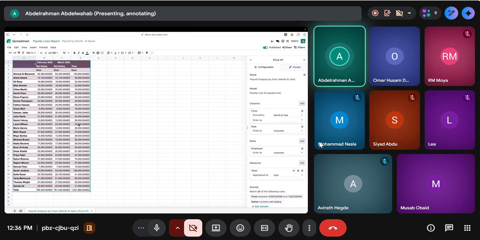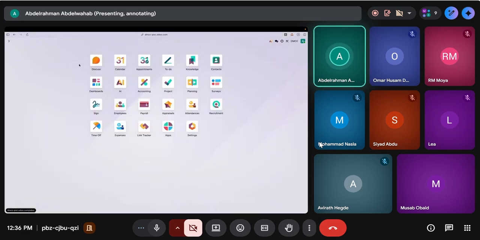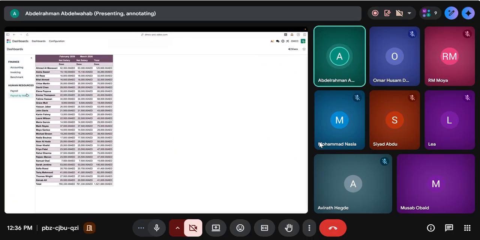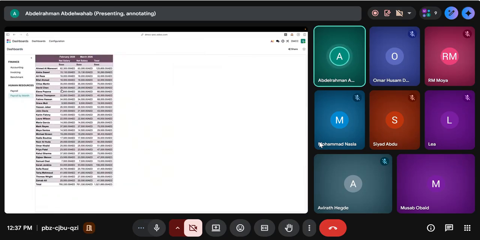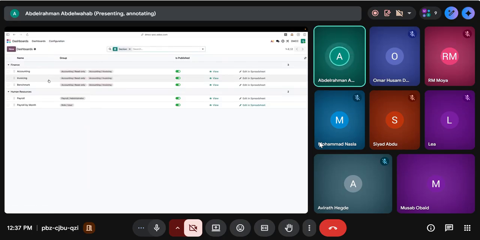Right. So as Omar was saying, you insert this into spreadsheets, then it also becomes available in your dashboards application. So you'll see here I have payroll by month. I'm able to see it like that. Now, obviously, clicking in will take us to the records that we are concerned about. So this is going to be one record for Feb, one record for March. We can obviously, from the spreadsheet itself, create, like Omar said as well, the different